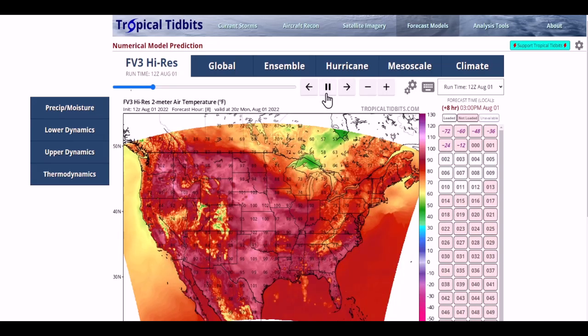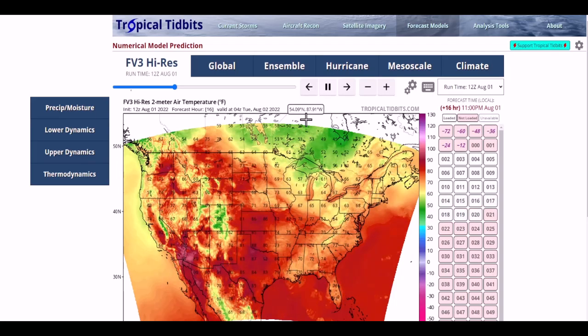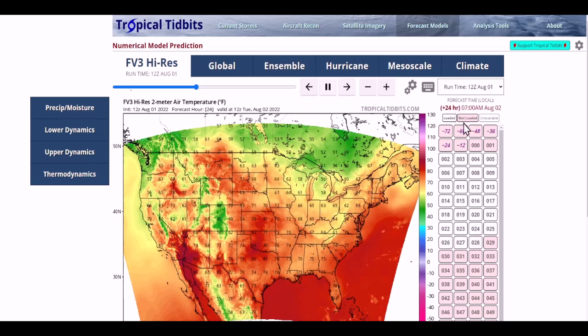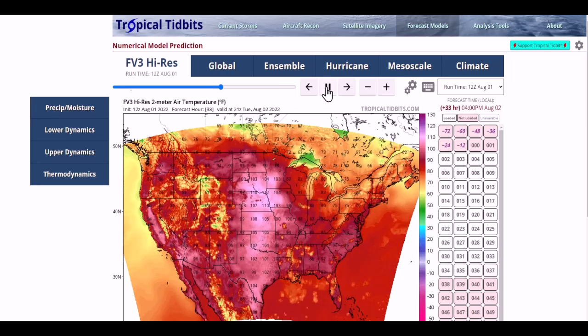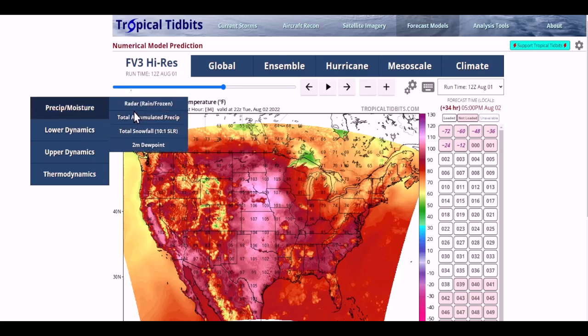Let's take a look at what this thing shows in terms of temperatures. That's today, again, a very hot day already. And tomorrow it shows even more. And I'll show you what it does. Going through the nighttime hours here, 10, 11, 12, 1, 2. You can see it shows even hotter temperatures in the NAM. Maybe a bit overdone. I don't quite think it will hit 105 in Minneapolis, though definitely triple digits are a